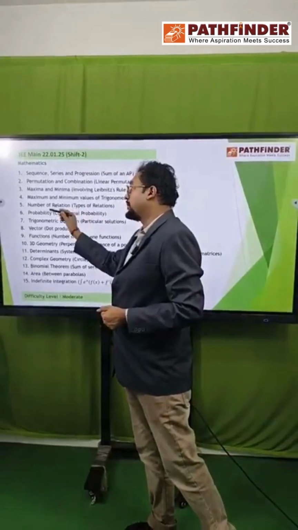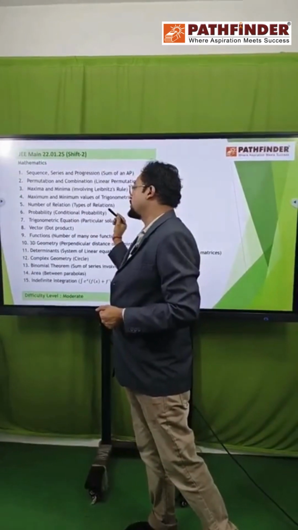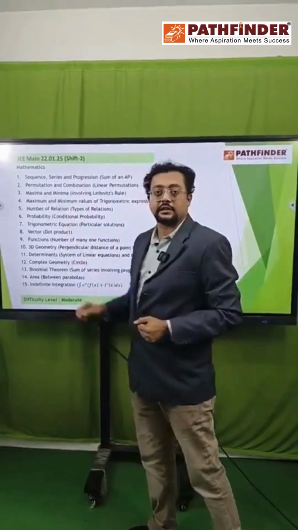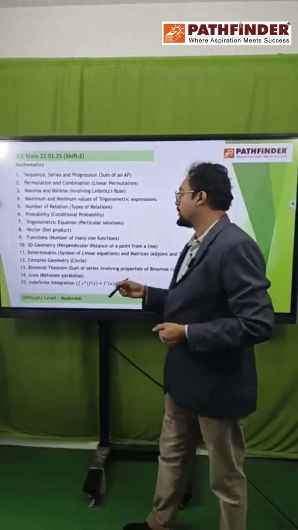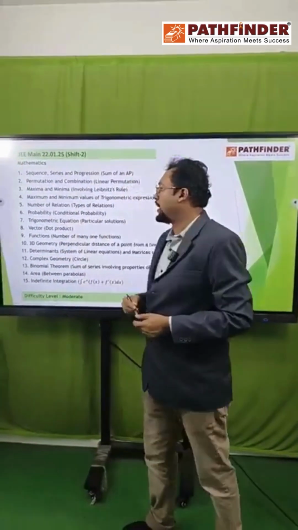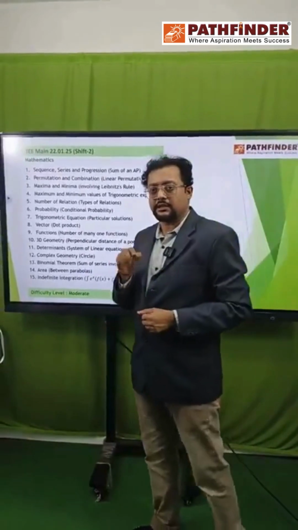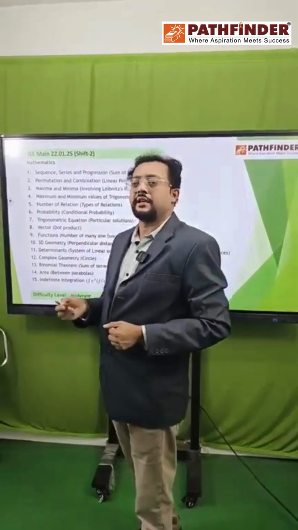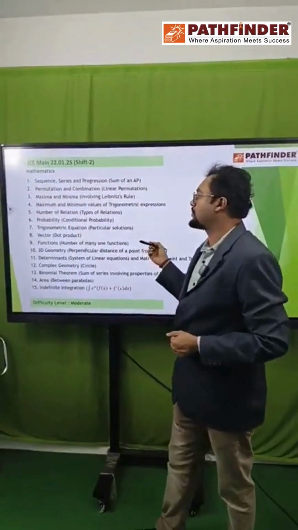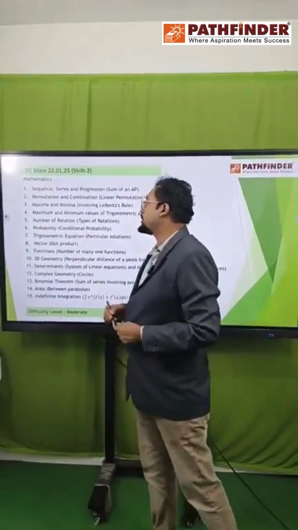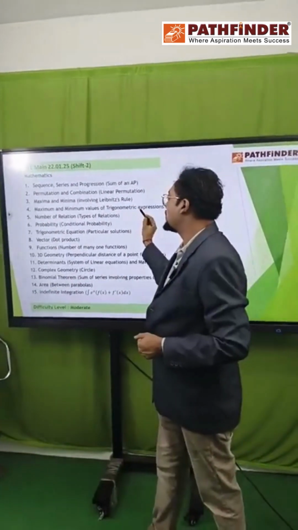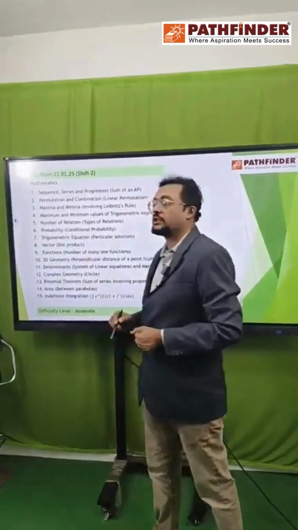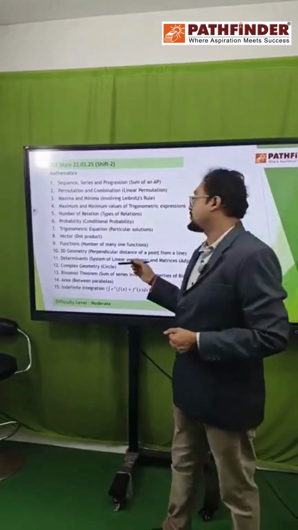Again, like the previous paper only, types of relation, number of relations questions they had asked. Okay, and probability, conditional probability, in which probability of event A with respect to event B, that is also asked for. Okay, and trigonometric equation, again here also there is a trigonometric equation, and they asked for